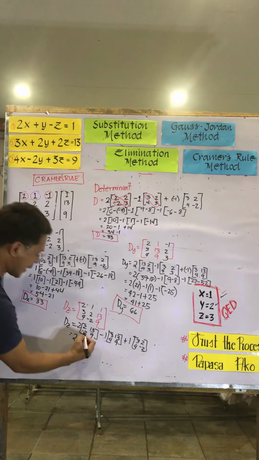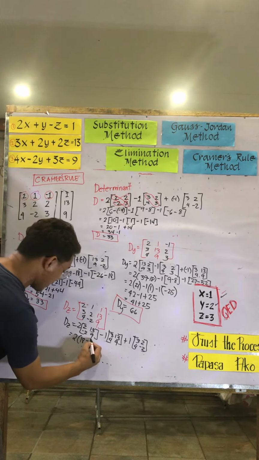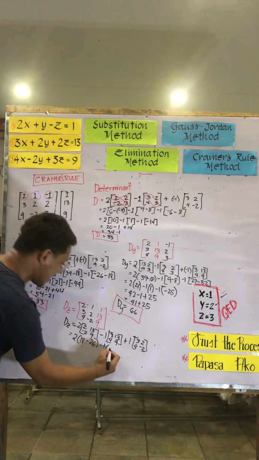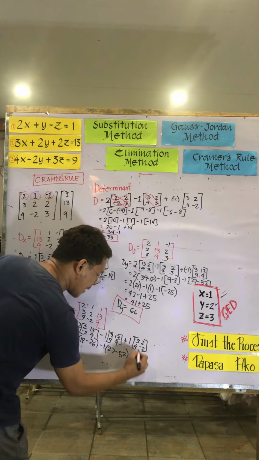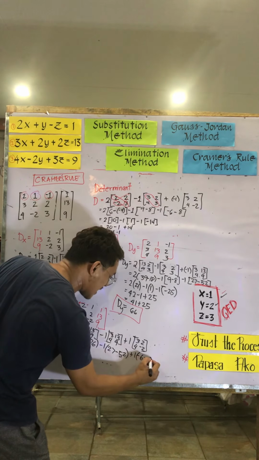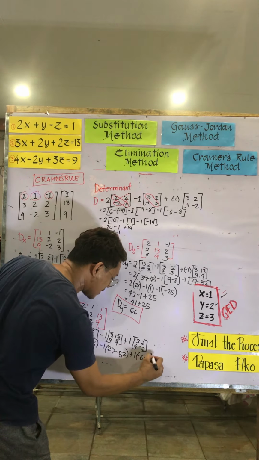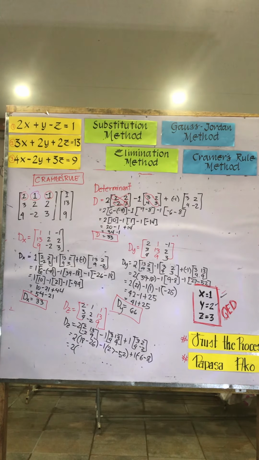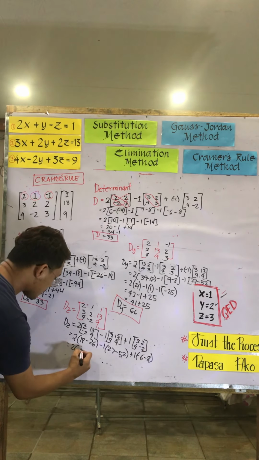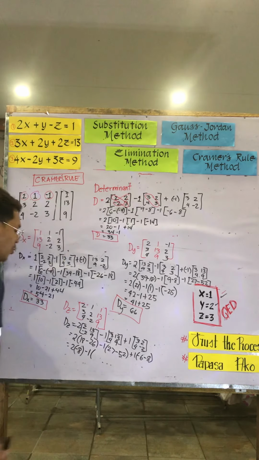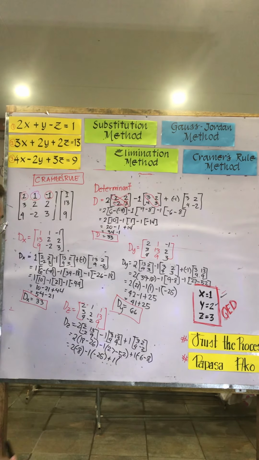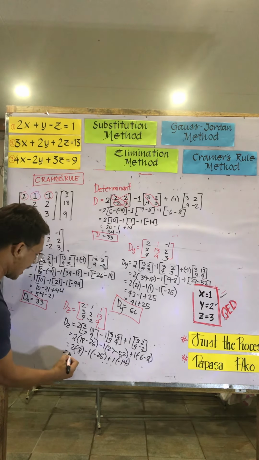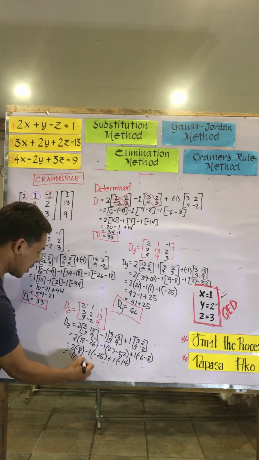Then, we have 2 times 9 is 18, minus 13 times 2 is 26, minus 1, 9 times 3 is 27, minus 13 times 4, we have 52, plus 1 times 3 times negative 2 is negative 6 minus 8, because 4 times 2 is 8. We have 2 times, for 26 minus 18 is, we have here 8. Negative 8 minus 1, 27 minus 52 is negative 25, plus 1, negative 6 minus 8 is negative 14. Therefore, we have negative 16 plus 25